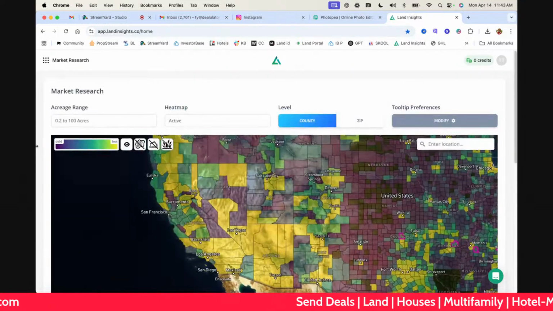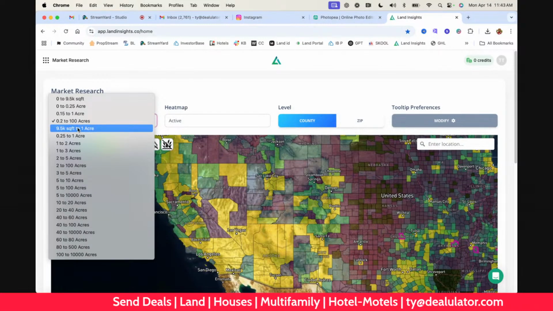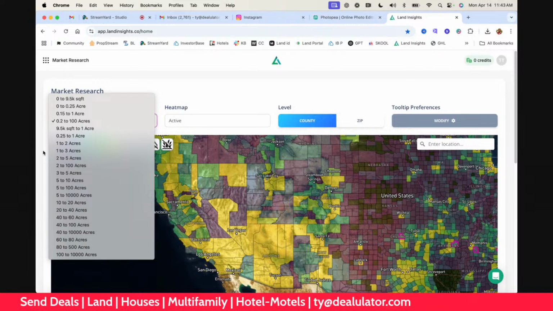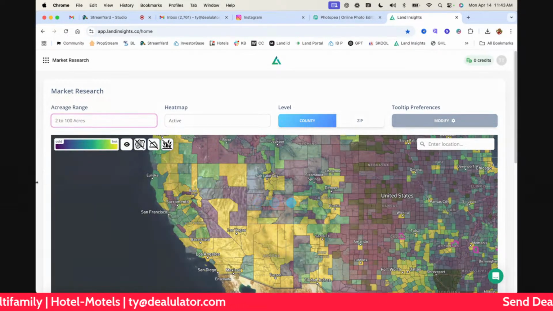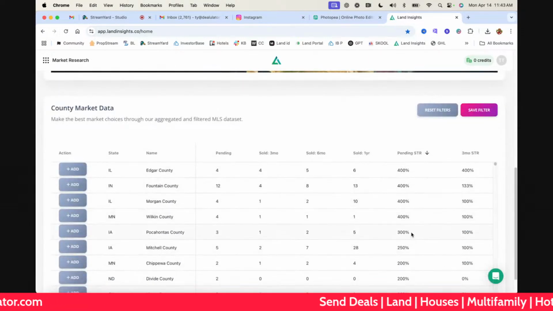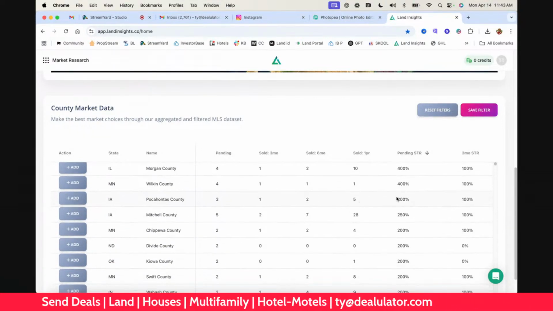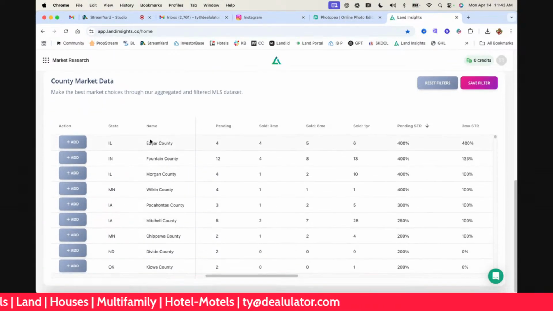This range of size of land is too large though. Well, you know what? I'll leave it at 2 to 100 acres, so we can get an idea of some stuff that's probably really hot. And then let's base it on the sell-through rate.